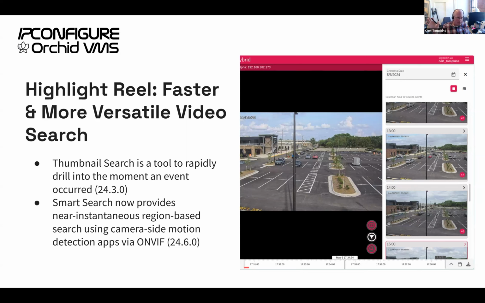Depending on what I'm looking for, often I can see the thing that I have my eye on in one of those big thumbnail images. So it could be a really fast way to drill into video to find when something changed, find when an event happened. 3 months after that, in 24.6, our smart search feature,